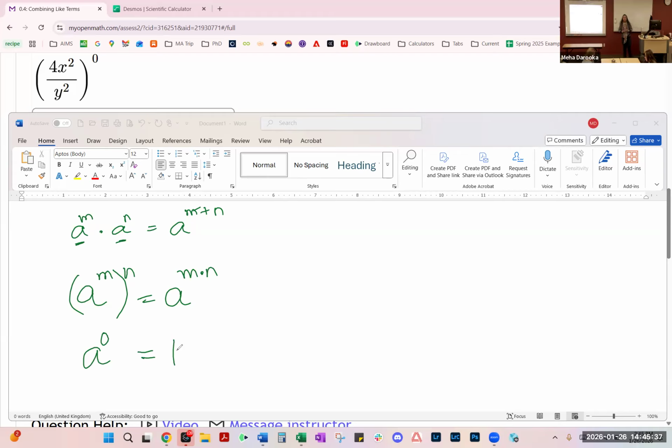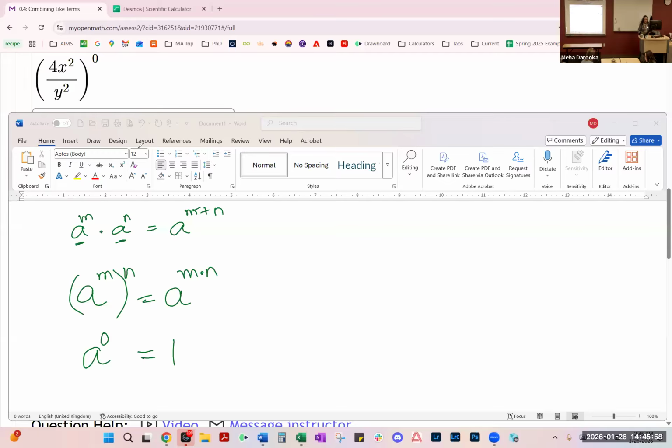So a to the 0 will just become 1. Actually, it's not even the quotient rule because you have x on the top and y on the bottom, so we cannot even combine those. Yeah, so no, just the